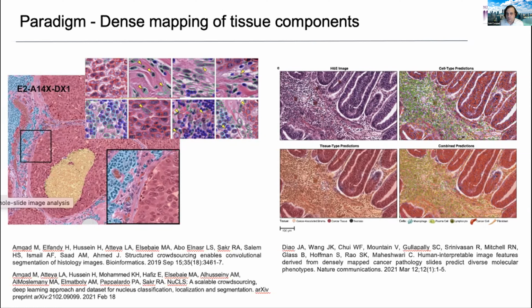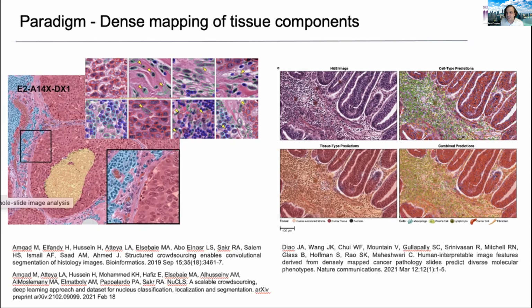And we have similar work that we published back in 2019, where we released a data set of breast cancer segmentation. We show that if you get people together and trace breast cancer tissue regions, you can use commodity models for semantic segmentation and get really high accuracy. And a paper we released more recently on arXiv just this year looks at the same problem, but with nuclei. And so this dense mapping is a different paradigm. It's really more like bottom up.